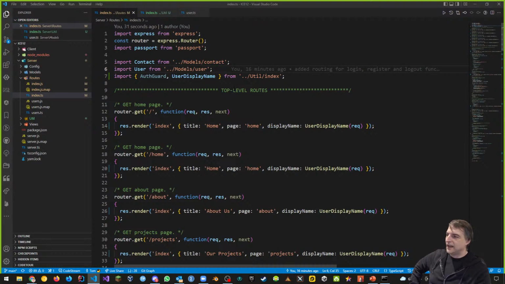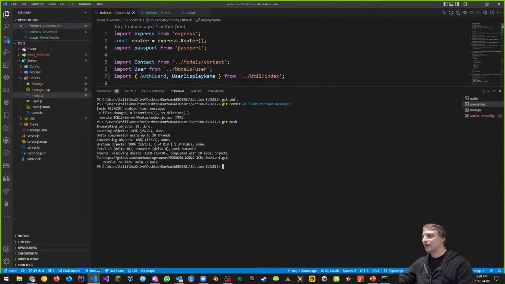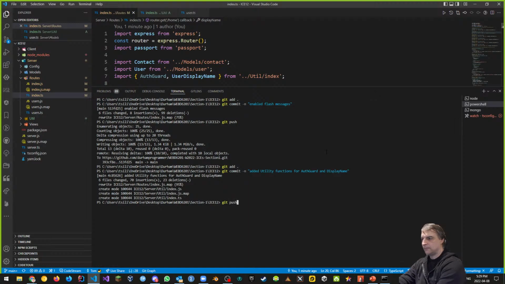Wonderful. Now that I've got that, I want to protect my pages. But first, let's put this up on GitHub because we got that done. So git add dot, git commit -m, and I'll say added utility functions for authguard and display name. Okay,